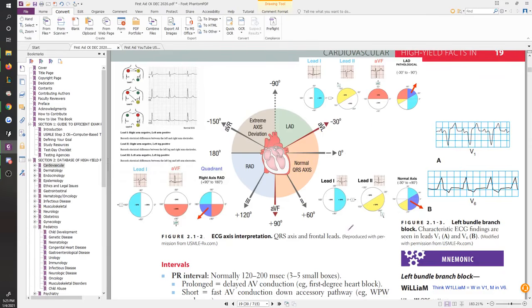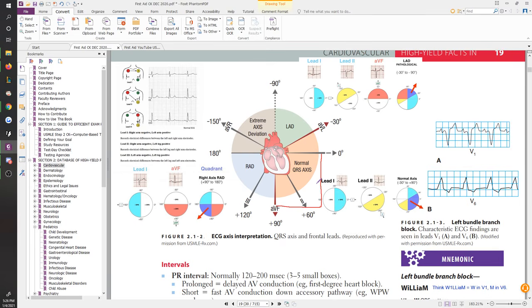If you look at this, pretty much a compass in a sense, this is where they break down the axis information for you. This is how you create axes for a heart, okay? It's also based off of the same leads that you've been looking at, so you have your different leads being placed onto here. And your general 90-degree angle is actually going to be this area right here, okay? This is your normal QRS axis area. The normal QRS goes all the way from AVL to AVF, okay? But the 90-degree area is here. So this entire orange area that they've highlighted is your normal QRS axis.